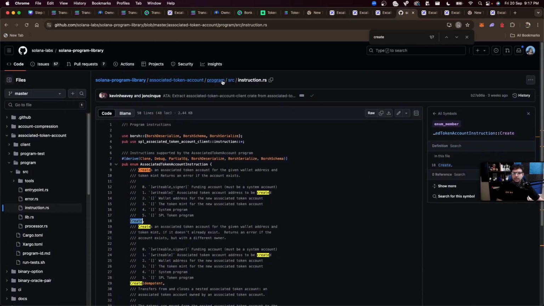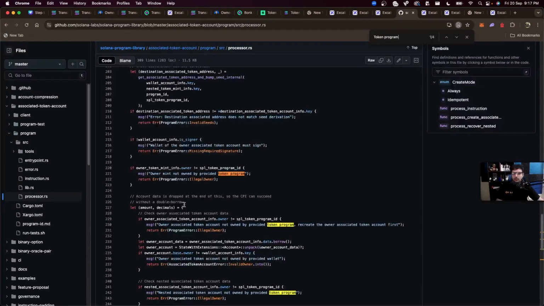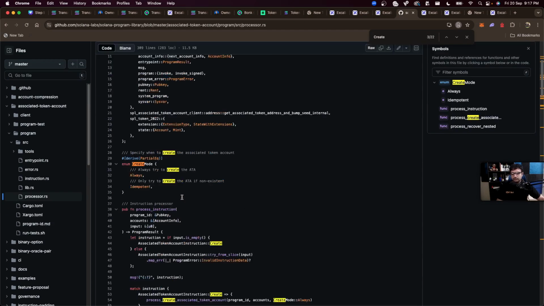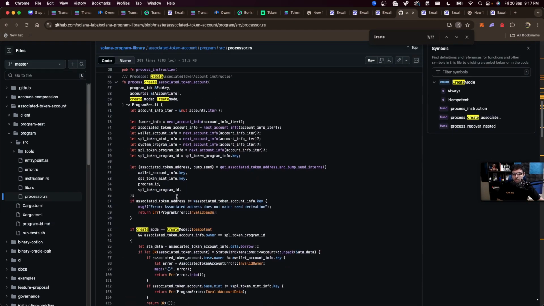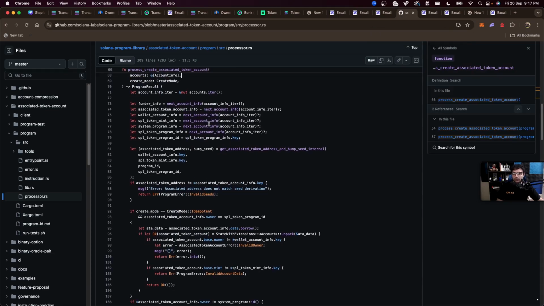And if you look at the processor of this create function call, process create associated token account, then notice